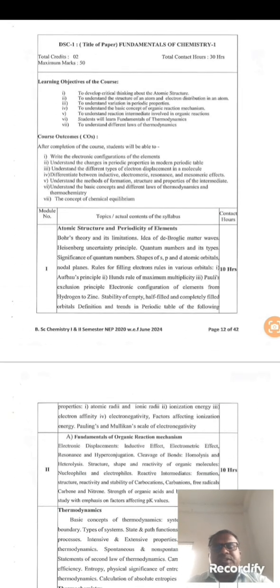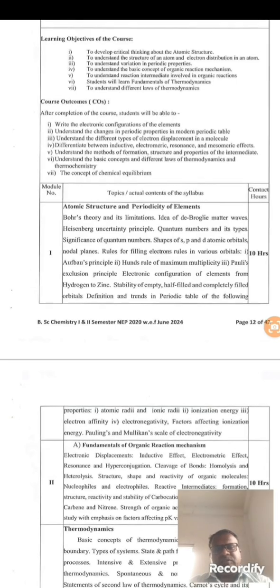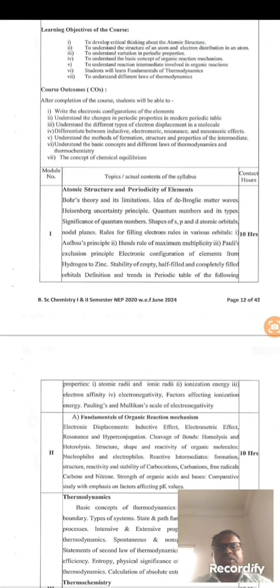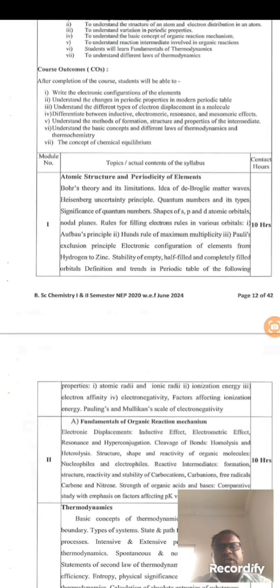In this first chapter, the syllabus of BSc first year semester first, paper fundamental of chemistry first, chapter first atomic structure and periodicity of the elements, the contents are Bohr's theory and its limitations,